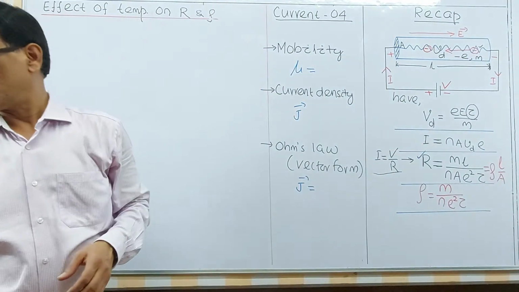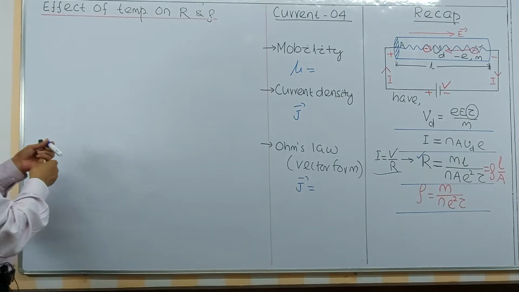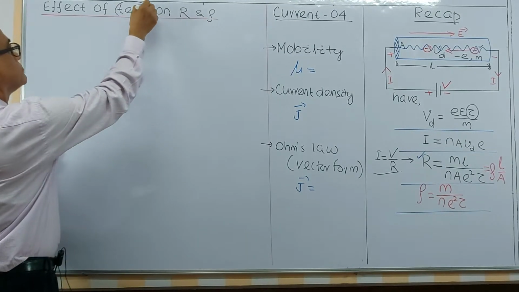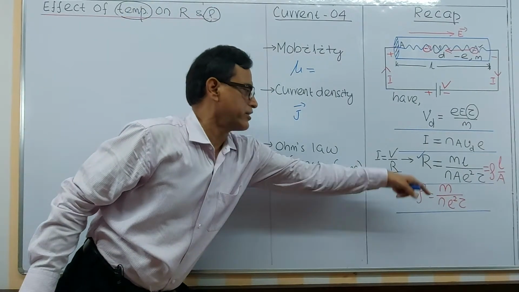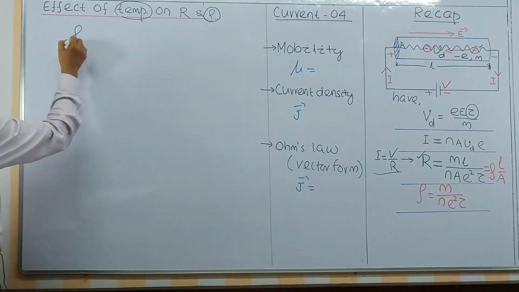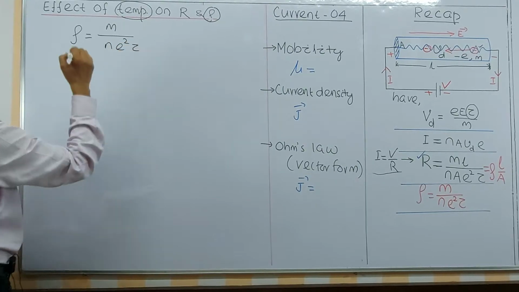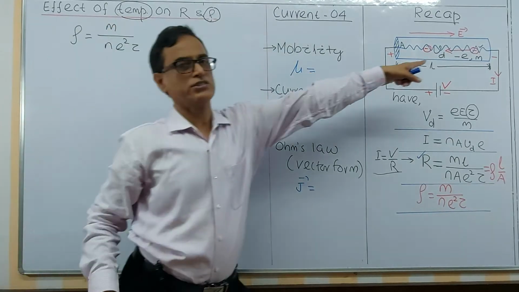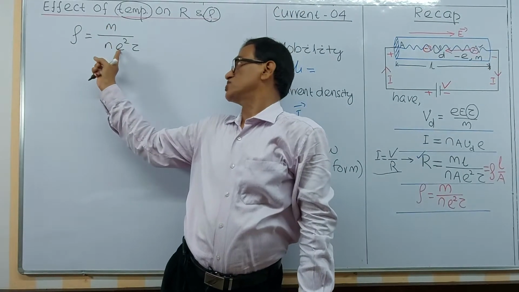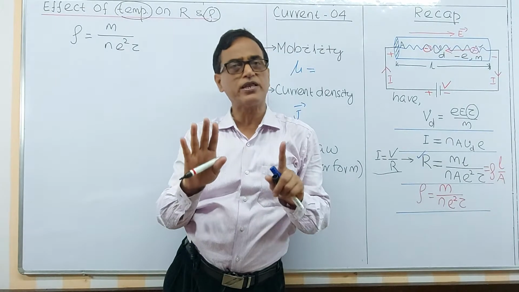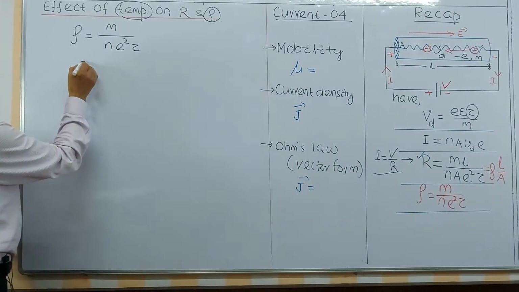Now we will discuss the questions one after another. First we will consider the effect of temperature on resistivity. Imagine this formula: rho equals m divided by ne²τ. m is the mass of electron, e is the charge of electron. The mass of electron, charge of electron, and number density, the number of electrons per unit volume for a material, remain constant. That means when temperature